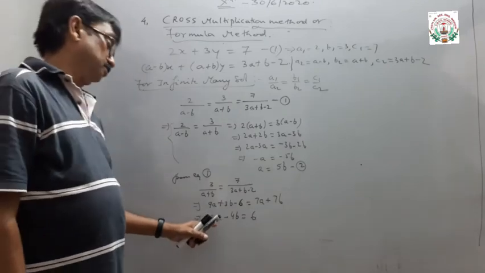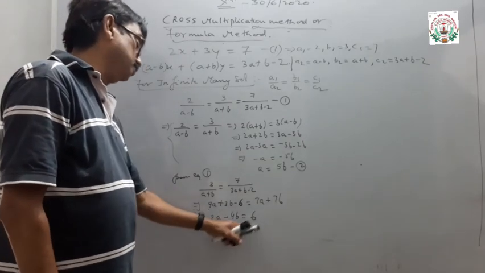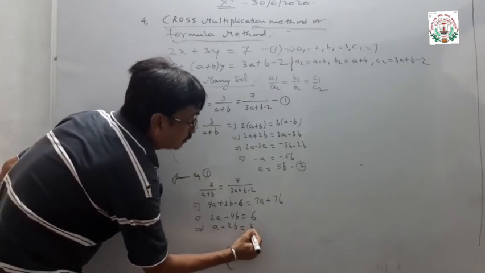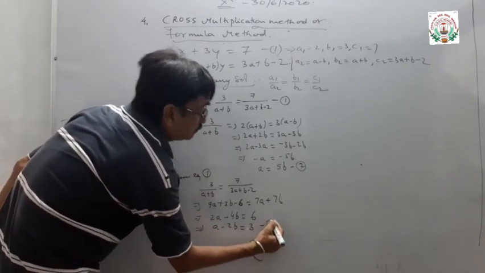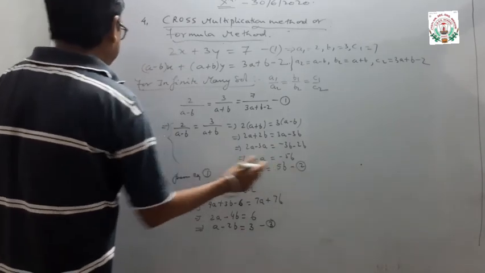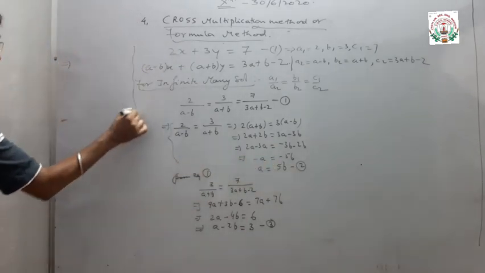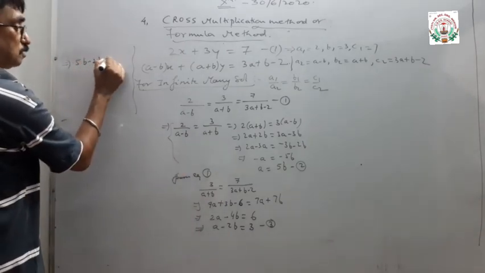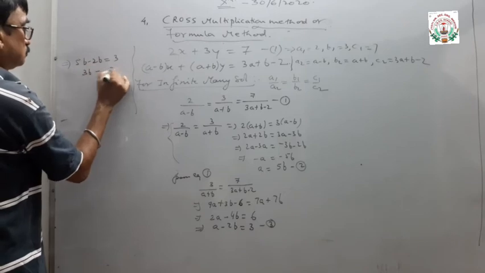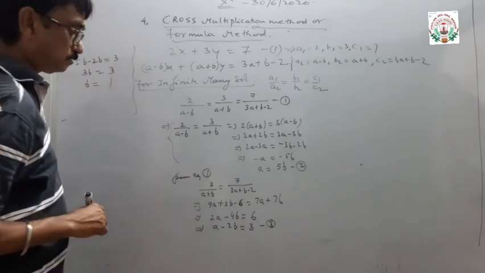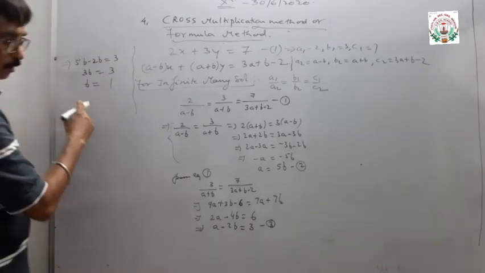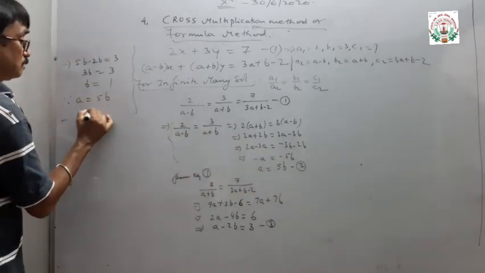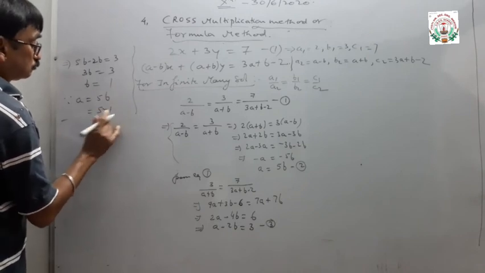अब हम यहाँ पे देख रहे हैं कि सभी टर्म्स जो हैं 2 से डिवाइड हो जा रहे हैं, तो ये हो जाएगा a माइनस 2b इक्वल्स टू 3। ये हो गया इक्वेशन नंबर 3। a की वैल्यू 5b है, इसलिए मैं यहाँ पे a की वैल्यू सब्स्टिट्यूट कर दे रहा हूँ। 5b माइनस 2b इक्वल्स टू 3, 3b इक्वल्स टू 3, b इक्वल्स टू 3/3, 1। जैसे ही b की वैल्यू आ गई और a इक्वल्स टू 5b थी, तो b की वैल्यू पुट अप कर दिया गया, तो a की वैल्यू मेरे पास आ गई 5।